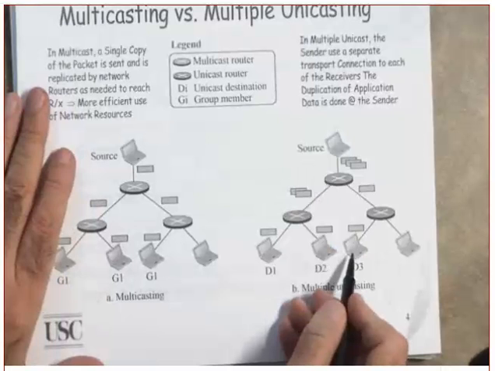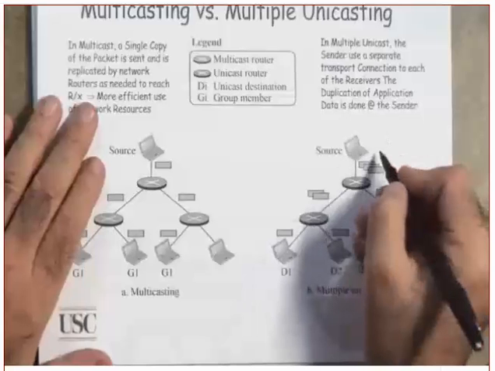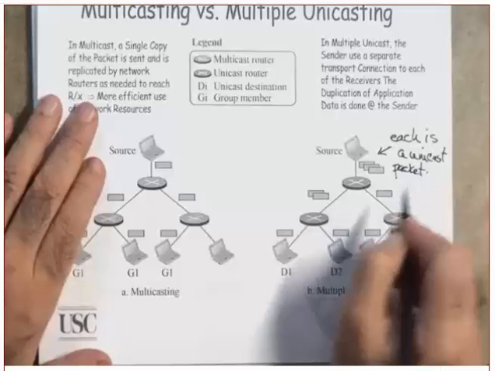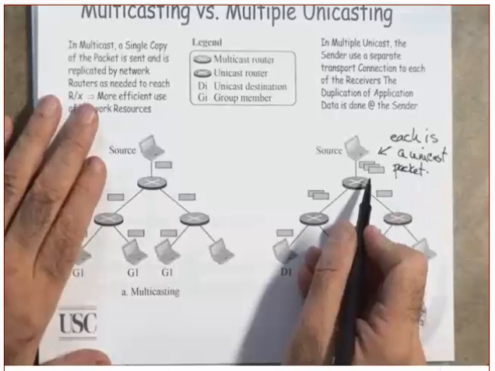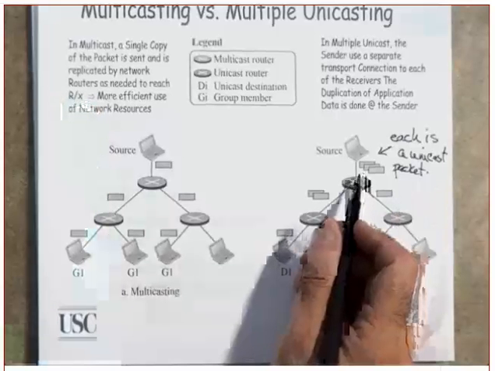The message is identical, but the header is not identical. The header is addressed to a specific player. So the source makes the three copies here. The router will forward two of them here, and this one will forward one of them here. This one will forward these to each one of these individual receivers. 1, 2, 3, 4, 5, 6, 7. So we have 9 packets.